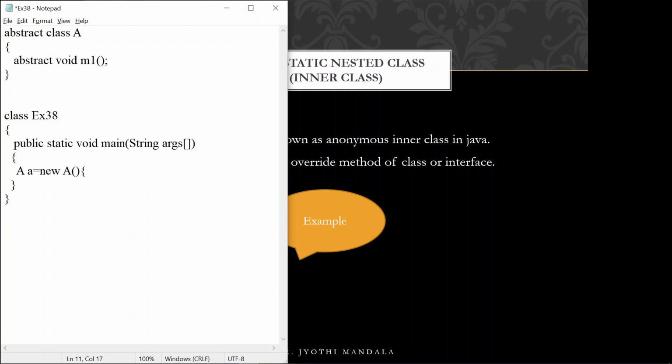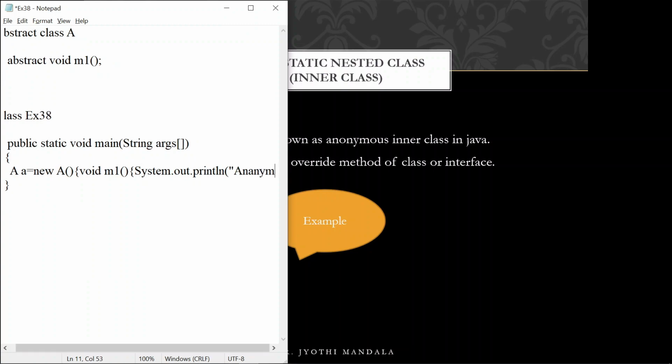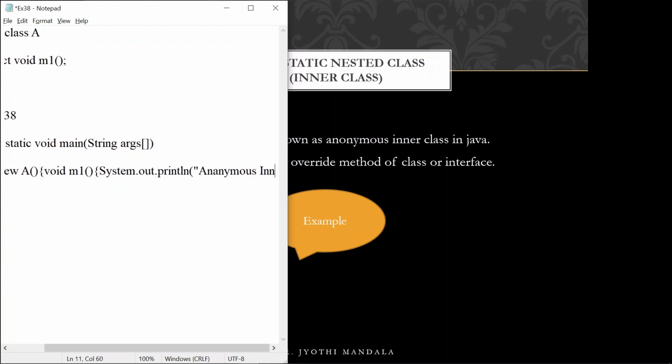That means we are not creating any named class, we are directly creating the object of that class, and we are defining the method declared as abstract. What is the method here? Void m1. I want to have an output statement, System.out.println anonymous inner class.